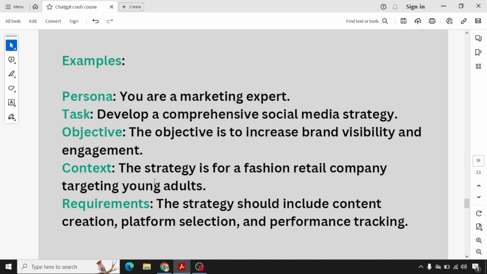Okay, because various brands or various companies follow different styles of branding, correct? So the context is that the strategy is for a fashion retail company targeting young adults. It has also mentioned the target audience so that it is very easy to formulate the strategy. Then you have the requirements. The strategy should include content creation, platform selection, and performance tracking. So I have mentioned what has to be covered in the